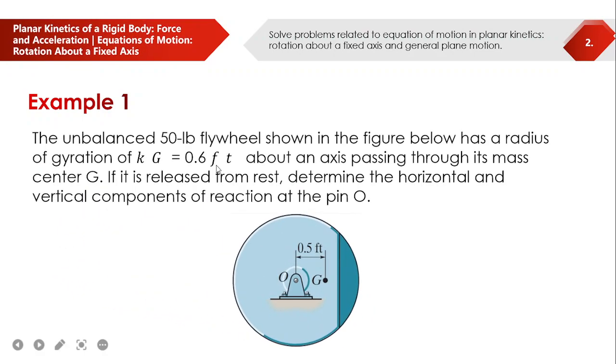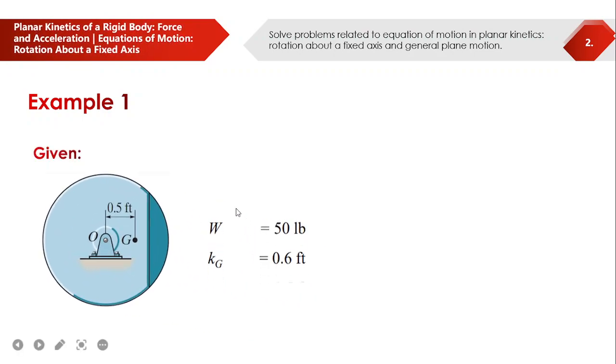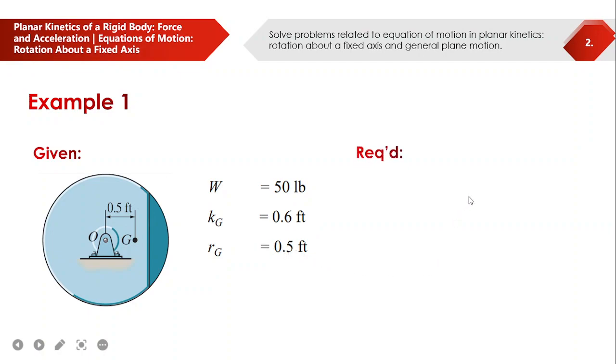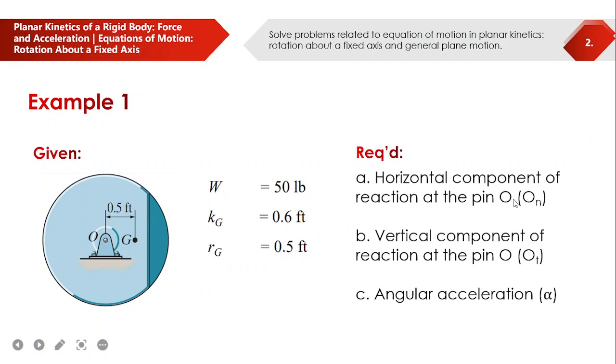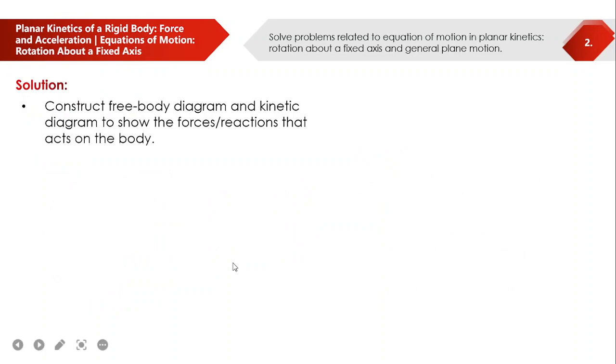0.6 feet. And R sub G, or the radius from the center of mass to the point O, is 0.5 feet. The required are the horizontal component, the vertical component, and angular acceleration. Okay, so first, construct the free body diagram and kinetic diagram to show the forces or reactions that act on